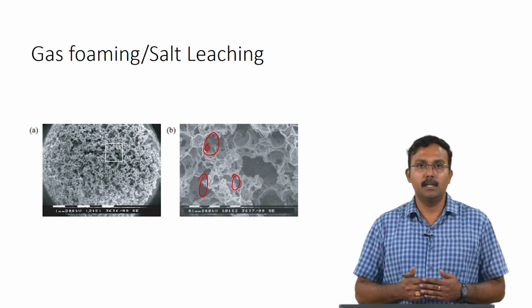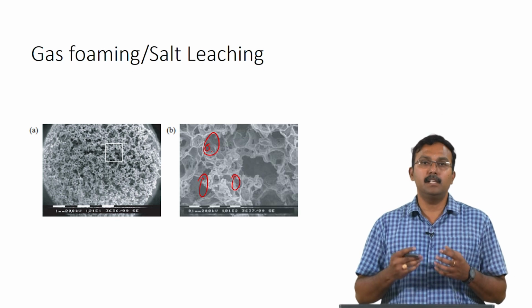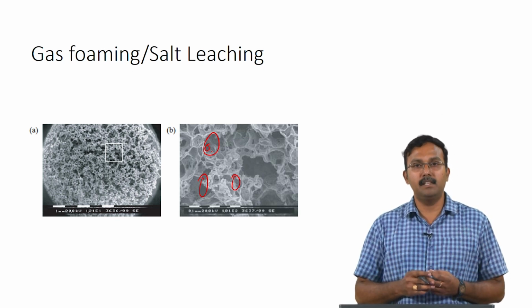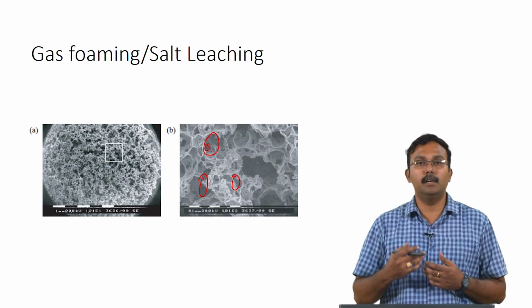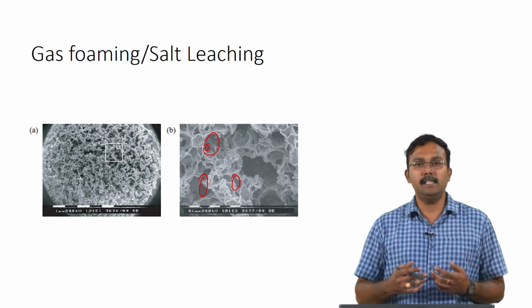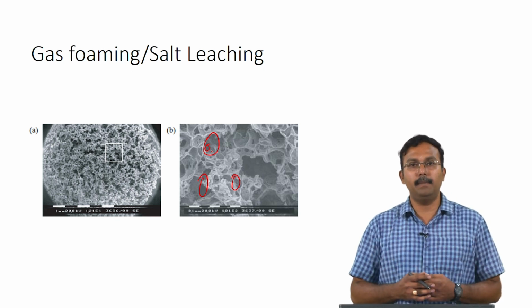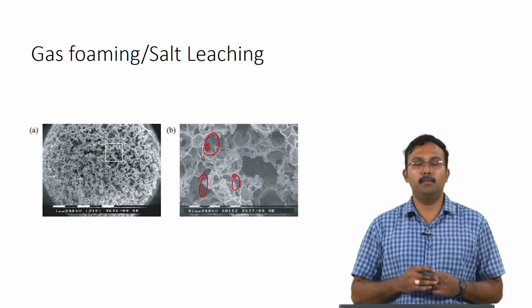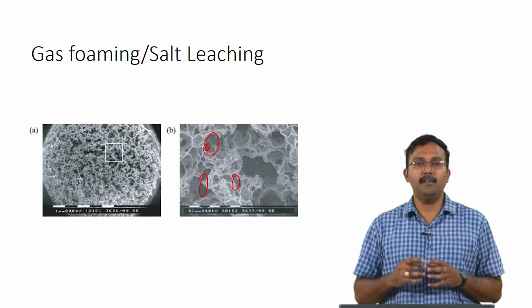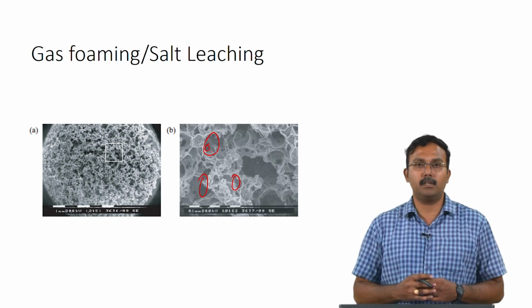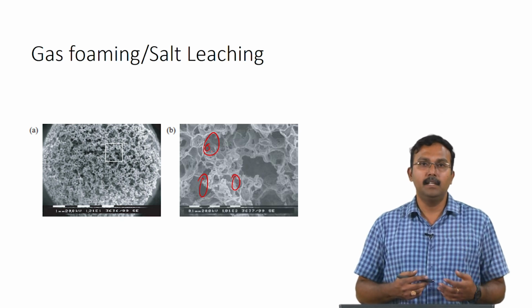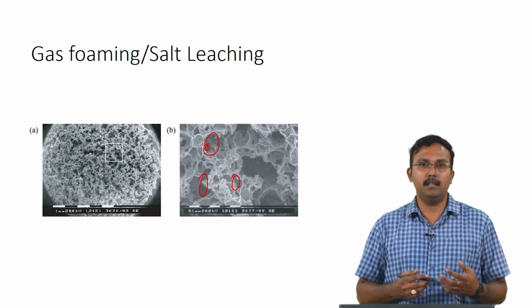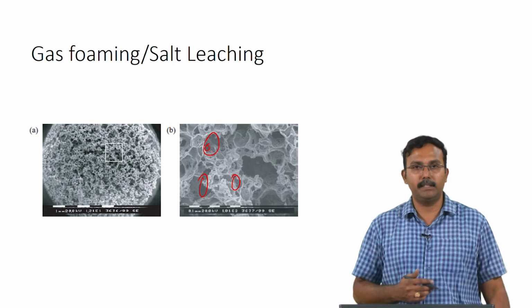So, this kind of a highly interconnected pore can actually be very useful when you are talking about tissue engineering applications. As I had already mentioned, cells will be able to infiltrate, you would also be able to get blood vessels forming, and also it can help in good diffusion. In early stages of any tissue being implanted, nutrient supply has to come through diffusion. So, if you have such highly interconnected porous structures, the diffusion will be effective, thereby it will not be a limiting factor when you are talking about tissue formation.